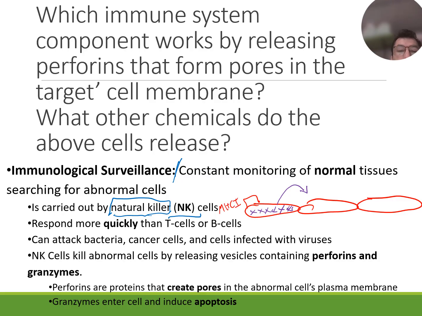MHC1 receptor. This MHC1 receptor is showing an antigen of health of this cell itself. So if this cell is sick, the antigen of health will change and it will try to activate an immune response so that it can attack the cell before it bursts open and all of these viruses go on to attack neighboring cells. This MHC1 is probed or checked by a couple of cells. Two cells do this: T cytotoxic cells